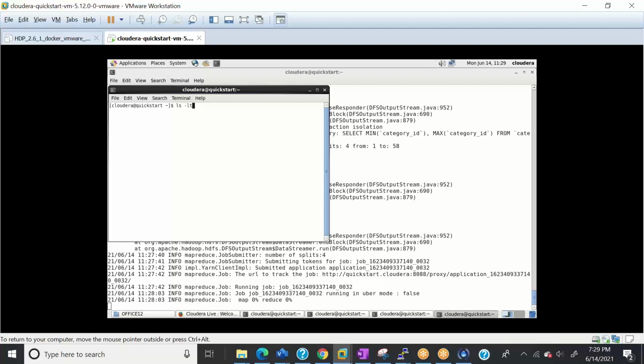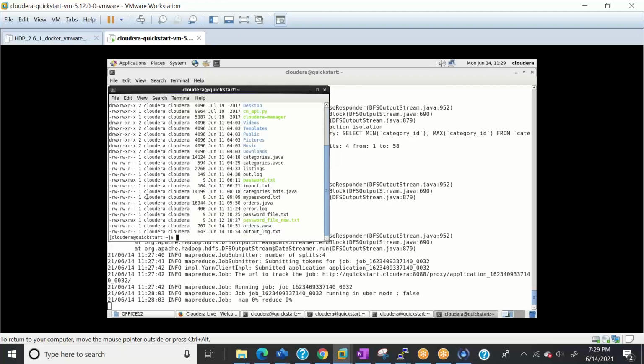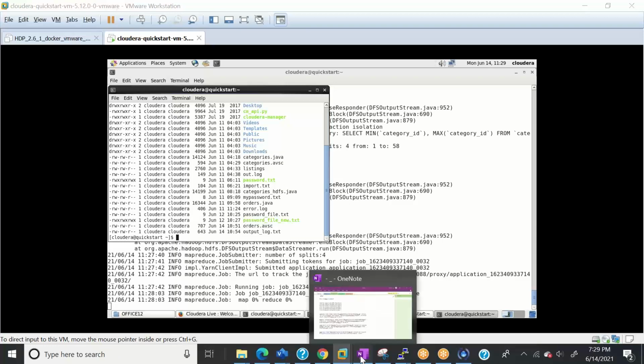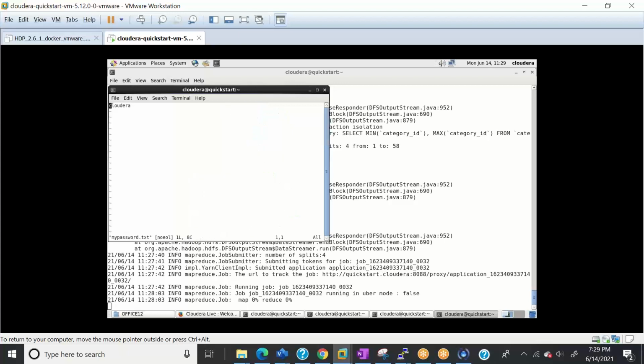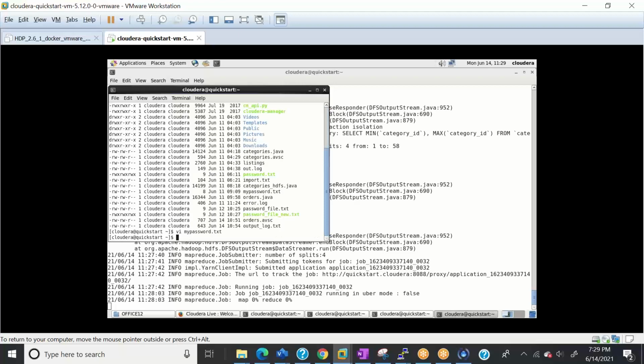So I've created one password file here. What's the file name? It is mypassword.txt. If I say vi mypassword.txt, see, the password I have stored is Cloudera. And I will use this file in 2 minutes for you.